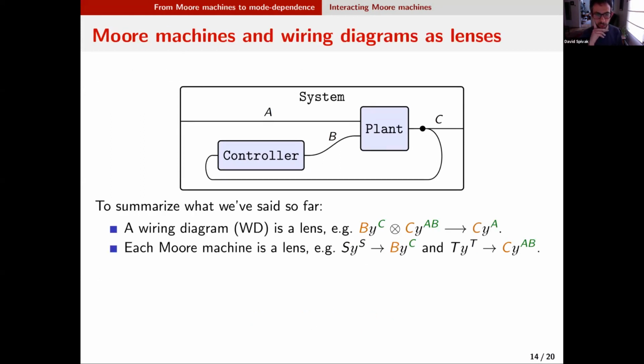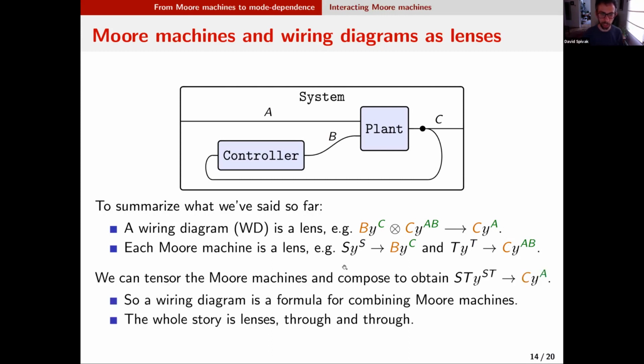So to summarize what we've said so far, a wiring diagram, in this section of the talk, is a lens, and each Moore machine is a lens. And so we can tensor the two Moore machines, sy^S mapping to by^C, and ty^T mapping to cy^AB, and get sty^(ST) mapping to this tensor product there, and then we could compose with the wiring diagram to get something